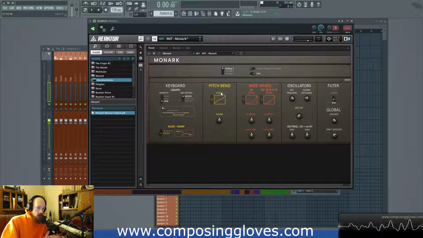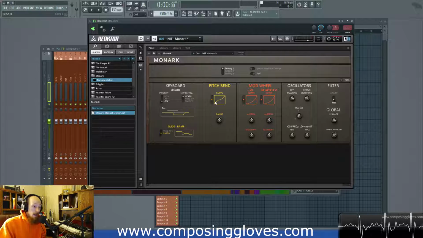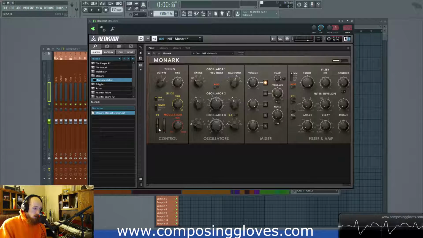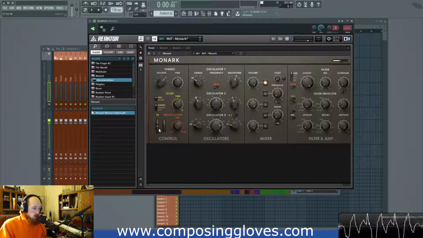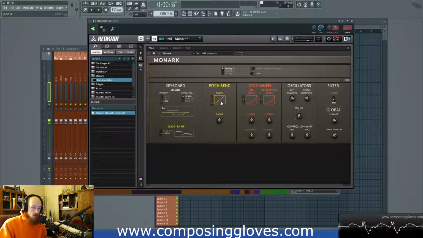Now this one isn't anything crazy, but it may have an important meaning to you based on how you interact with the pitch bend knob. So if you're playing live, chances are you're going to want to touch this thing. And as you move it up and down, you may expect it to behave a certain way. So right now we have this curve setting, and this basically says if we go to a linear or a line setting, whenever we move, it's going to apply an equal amount of pitch bend as we move across here. So it's going to pitch bend it by a particular amount, and that amount will remain consistent across